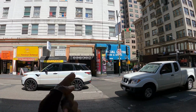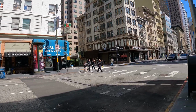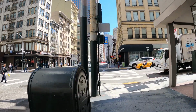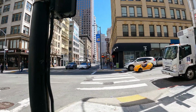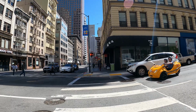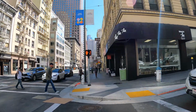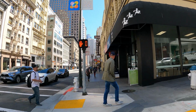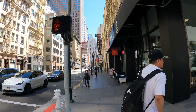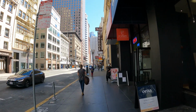It's kind of crazy to see these places for lease here, because before, I'm telling you, you would never see something like that for lease. People would sell their soul to have a business over here, because you can make so much money with all the foot traffic. But I don't know about today. They're practically giving it away. I mean, you could probably go over there and cut a real good deal with them. I don't know what the price is gonna be, but